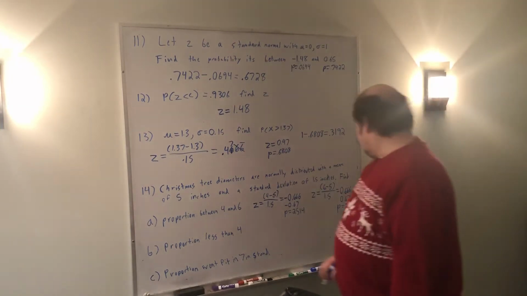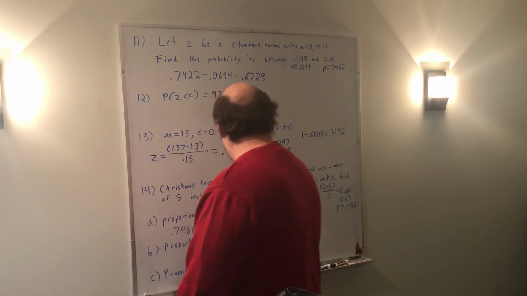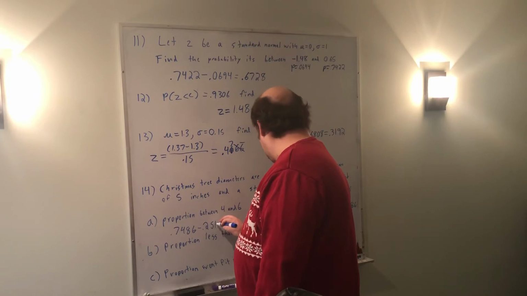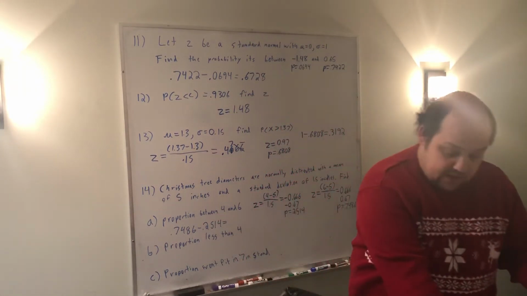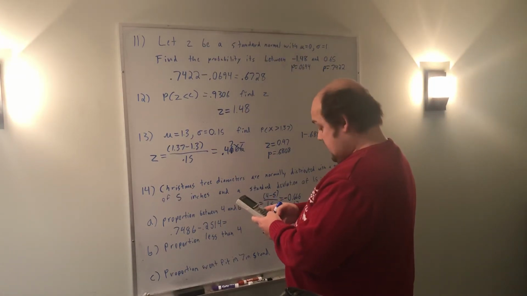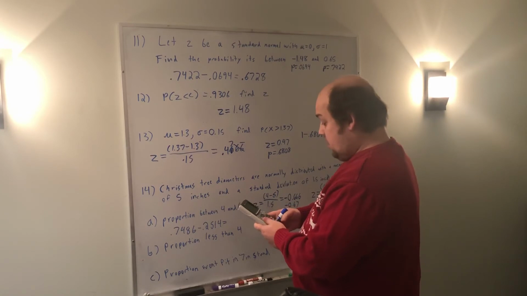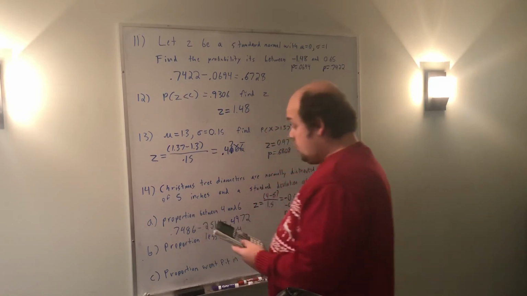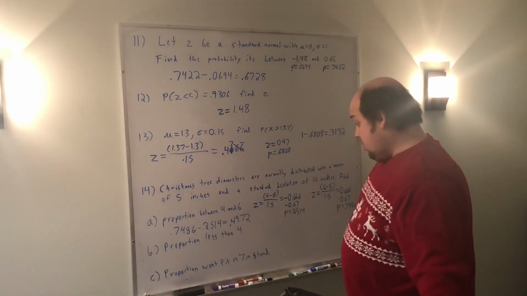Last thing I have to do is take the larger p-value, 0.7486, minus the smaller p-value, 0.2514. When I do that in my calculator, it should tell me that 0.7486 minus 0.2514 equals 0.4972. When I get to part B, where it asks me the proportion less than 4, I don't have to